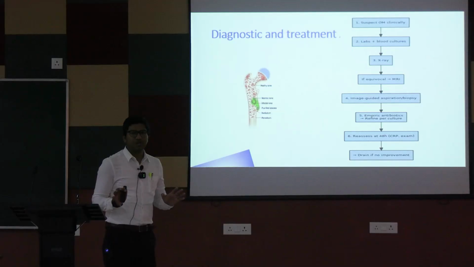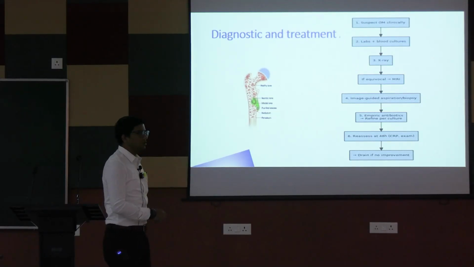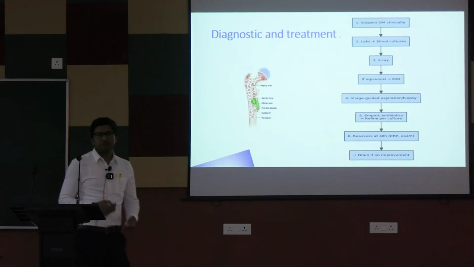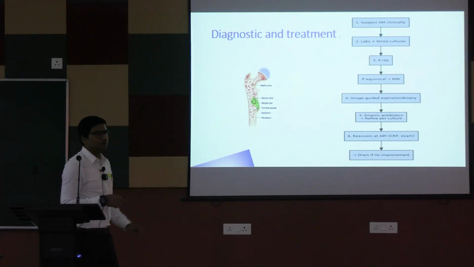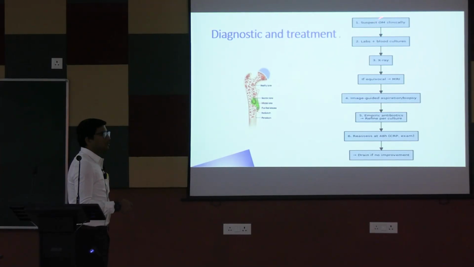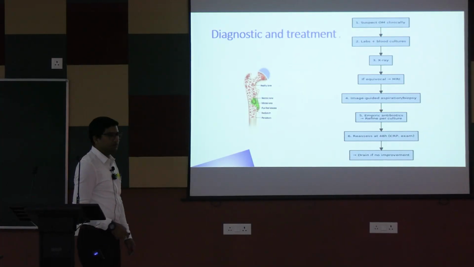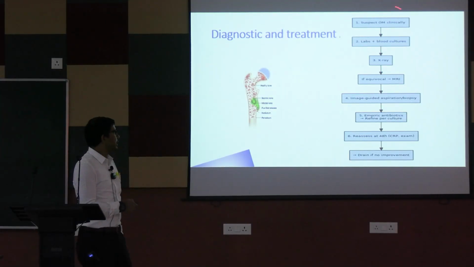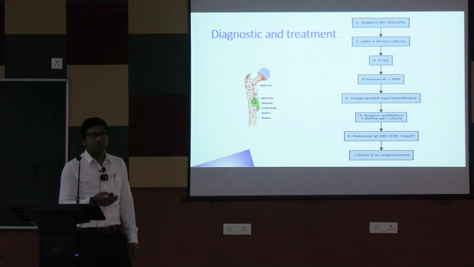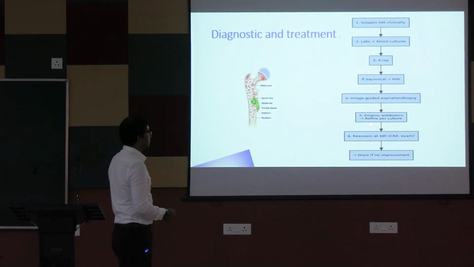This is a very simple flowchart to help you understand. If you suspect osteomyelitis, importantly, do not rely only on lab investigations or x-rays. Physical examination and history are very important, because sometimes you have to start treatment based on your clinical suspicion, because lab investigations or x-ray features are not always pathognomonic for osteomyelitis. After you suspect osteomyelitis, get the lab tests, blood cultures and x-ray, and you can start the treatment. But in equivocal cases, if your radiological features and lab tests are not conclusive, then you go for the